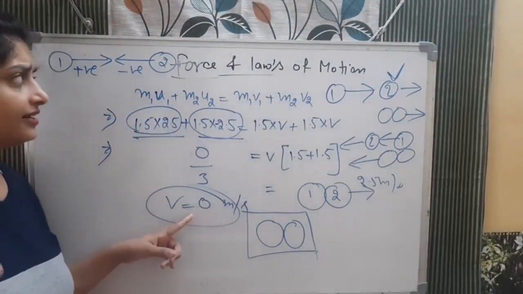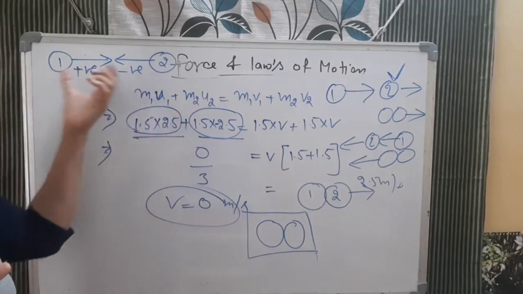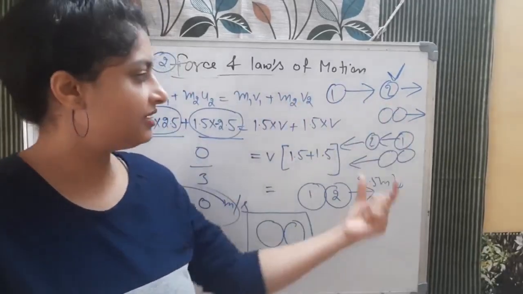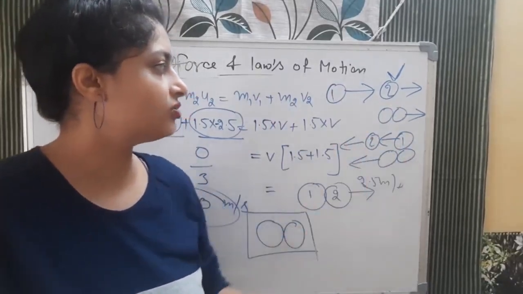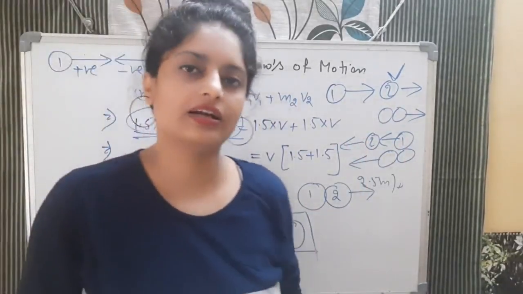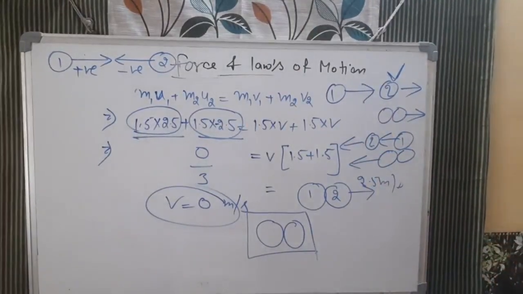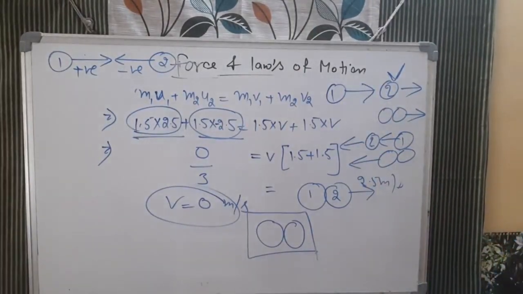But here you have to remember, in this question they were equal and opposite. But if the question is different, and after that they stick together, then it's not compulsory that they will come to rest. In that case they can move with some velocity. So I will do that kind of question also. So now we are moving to the next NCERT question, because right now we are only talking about NCERT questions. Question number 12.